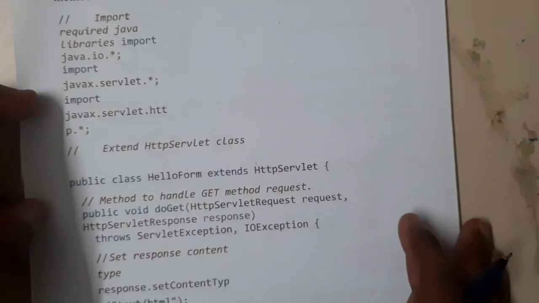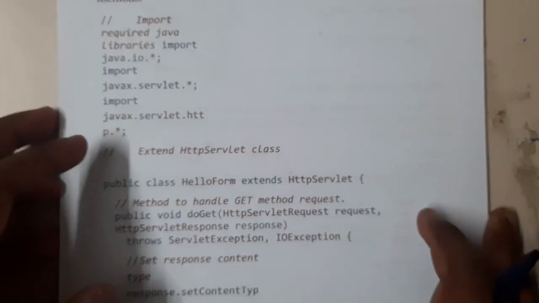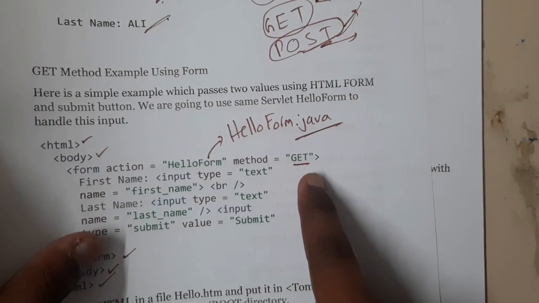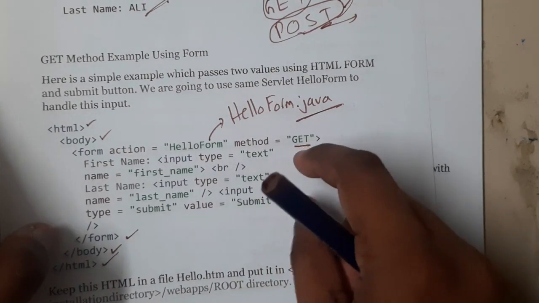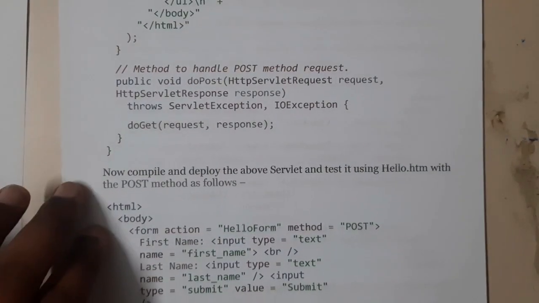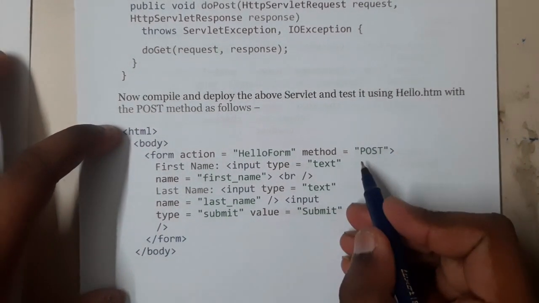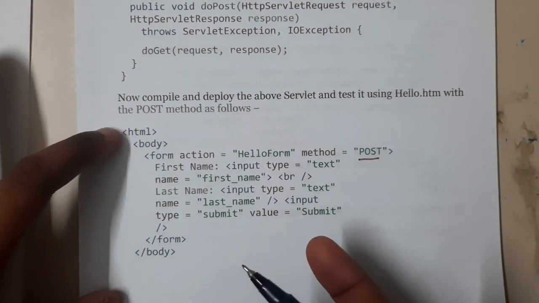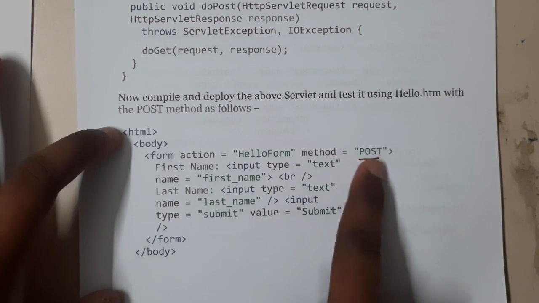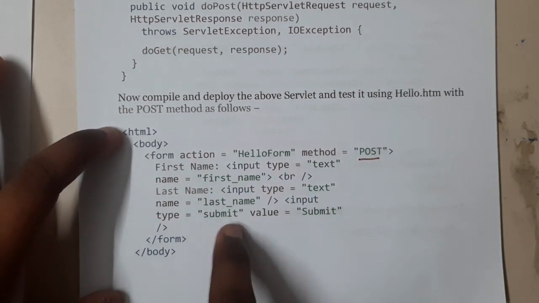Basically the data here you are trying to collect, so you are trying to get it. If you are posting it, this data will be transferred to it. If you want me to show the post data, this is the logic. The small change is that you're just posting the data. Simple logic. So the method is post, with your first name, input, output.